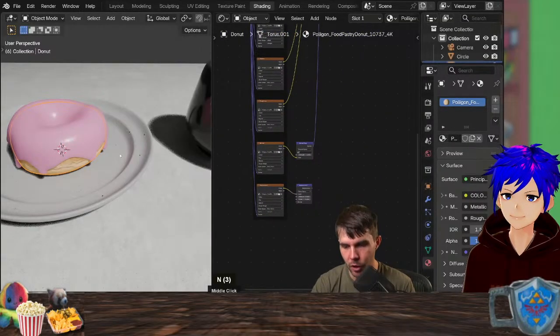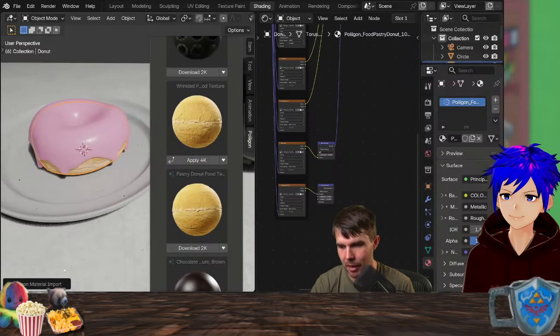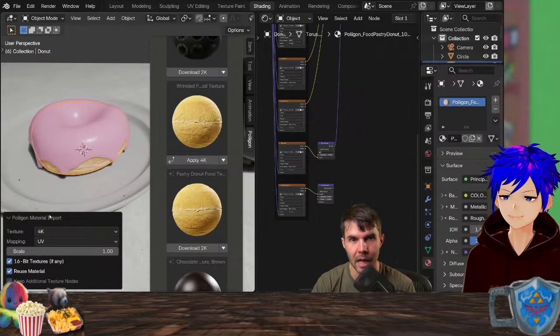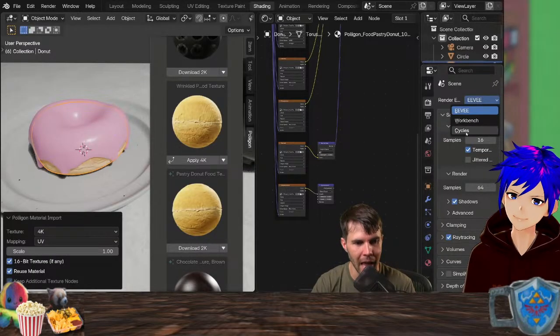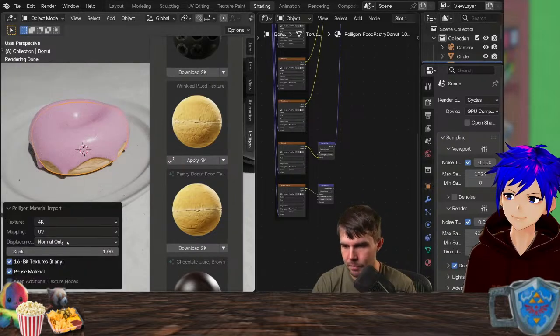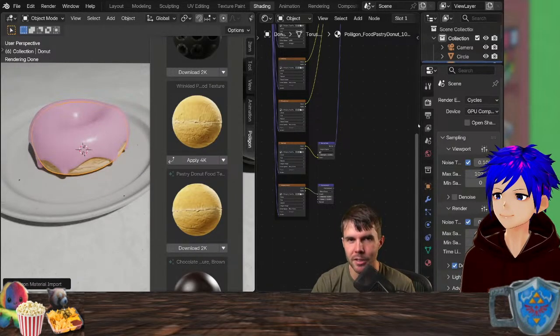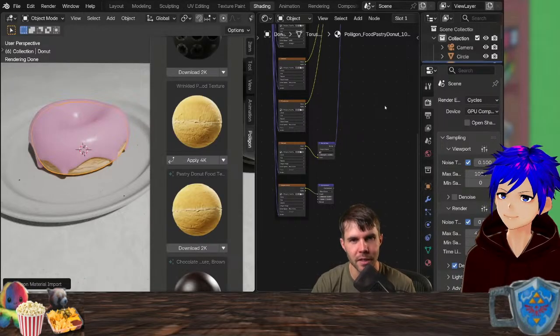Now, in the newer versions of the Polygon add-on, like the next version that's coming out after this, in this last use box here, you'll have an option that says displacement type. You can currently see it in Cycles. So if you use that, you can change it here to displacement and bump. But because Eevee only just came with this feature to enable displacement, it's not yet there.